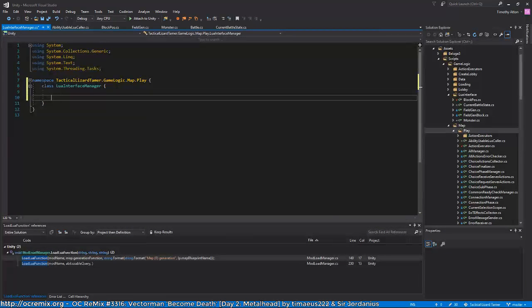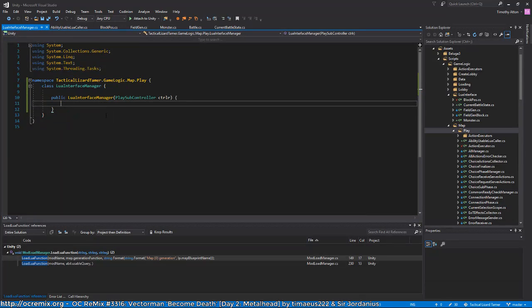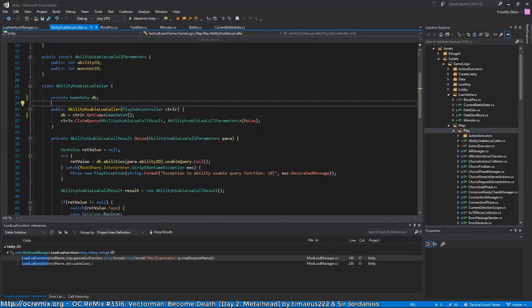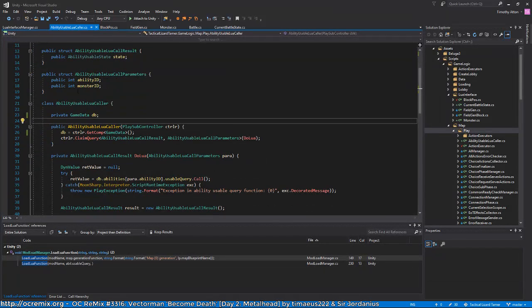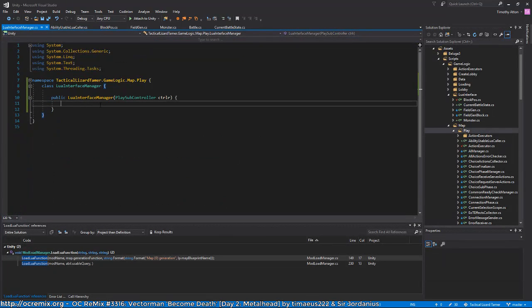And this will be public. Play subcontroller. Okay, and while I remember, I'll go ahead and delete... Oh, I did delete that variable already. And for now,